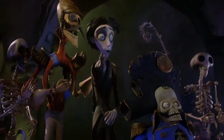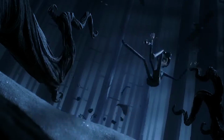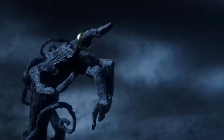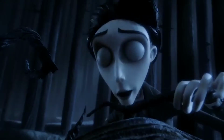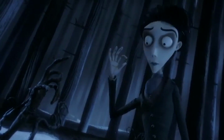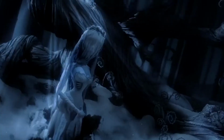The premise of a groom-to-be accidentally marrying a corpse sounds like an original story, but it's actually based on an old Jewish folktale called The Finger. The movie follows the original tale quite closely, as it is about a young bridegroom who slips his wedding ring onto the finger of a corpse while practicing his vows, and then she springs to life to claim her new